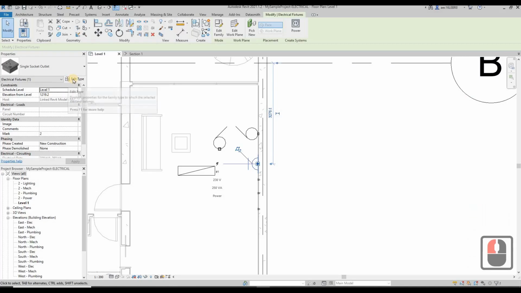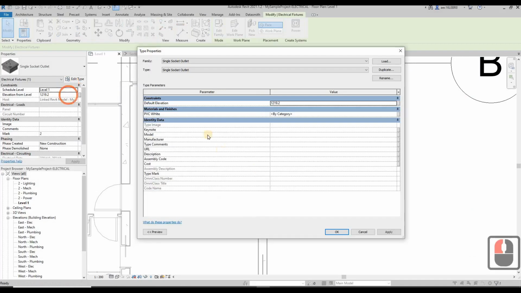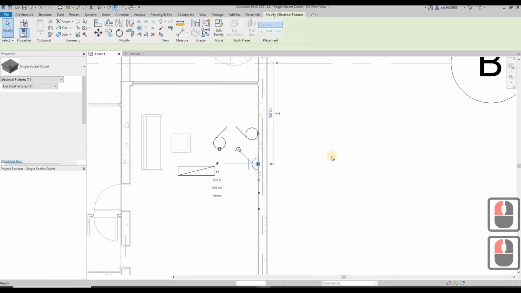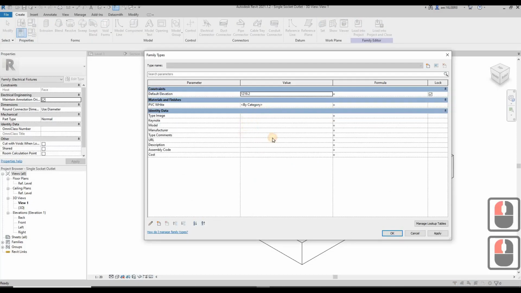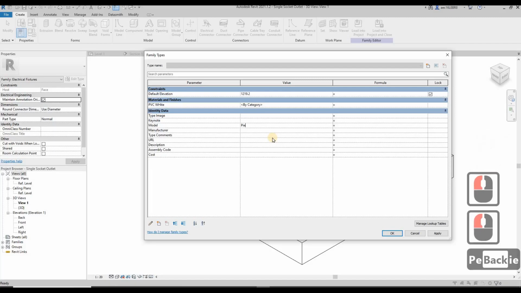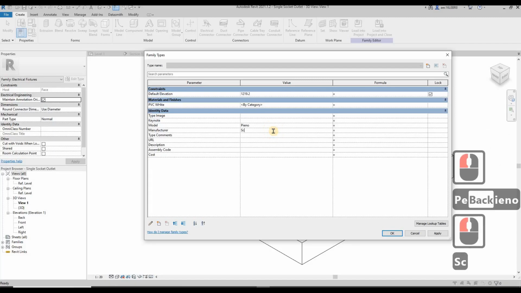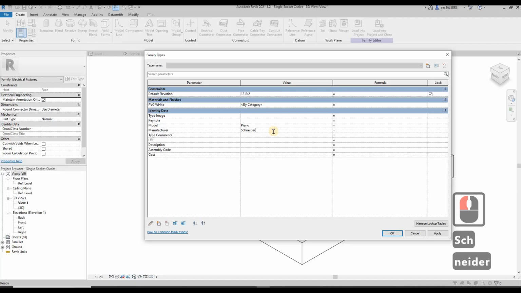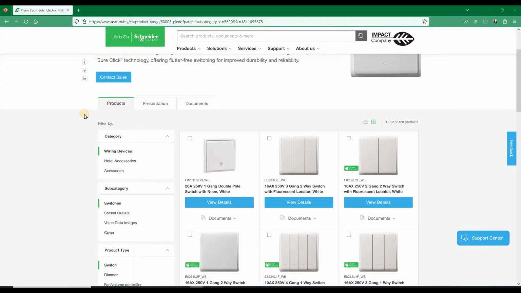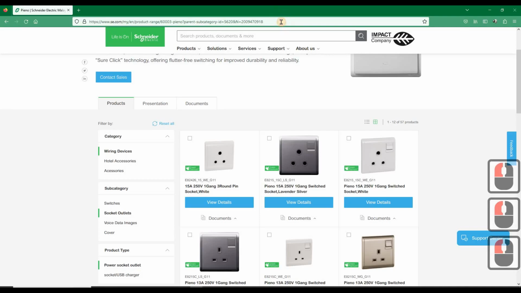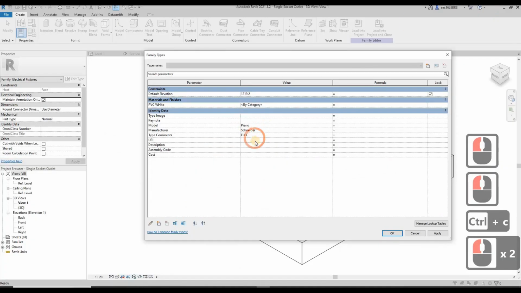And then before that, if I'm going to click on this edit type, it's blank. Okay, it's not according to the standards of BIM. So you need to go back to the family again. Then from this family and types, you need to fill in the model, your manufacturer, type comment, let it be electrical, then URL. The URL is your web page here. So copy this thing here, paste over here, then description, single